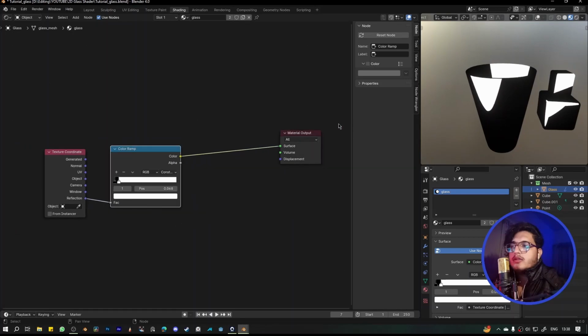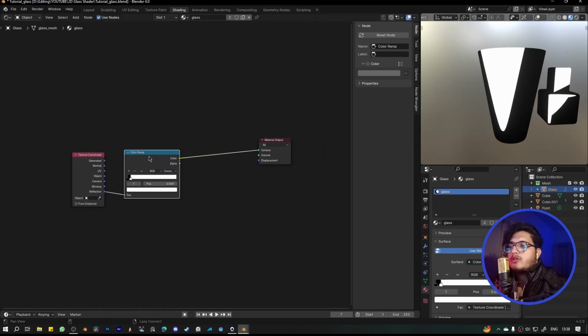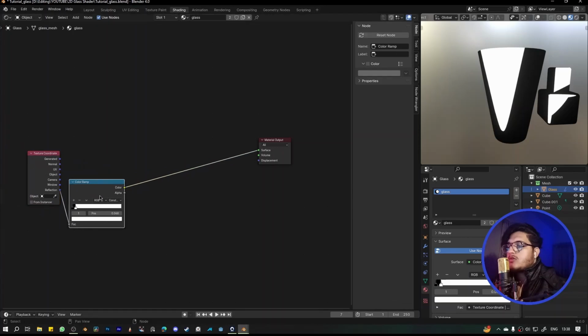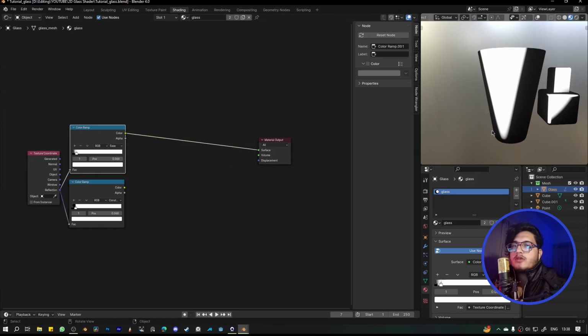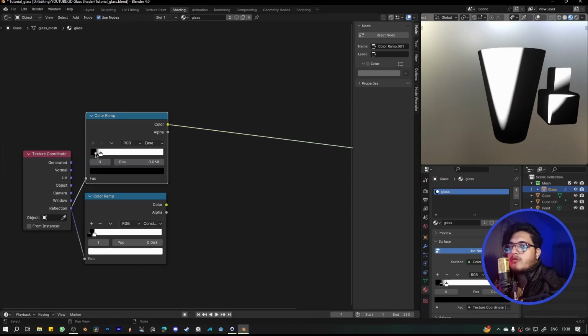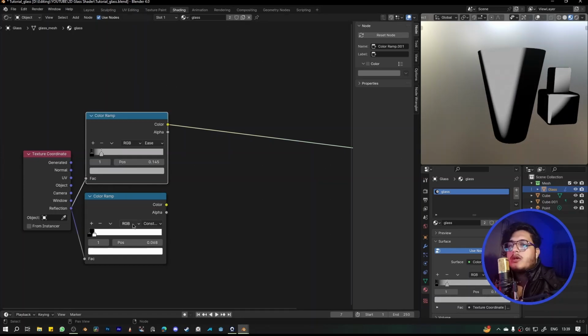Yeah, this is the first step, and the second step is going to be getting some glow on the outer layer of this. To do that is also a very simple thing. We can just duplicate this thing, plug the reflection in there, and if we set this to ease, we'll have a glow on the outer layer. But we don't want it to be this soft, so maybe we can make this a bit gray,